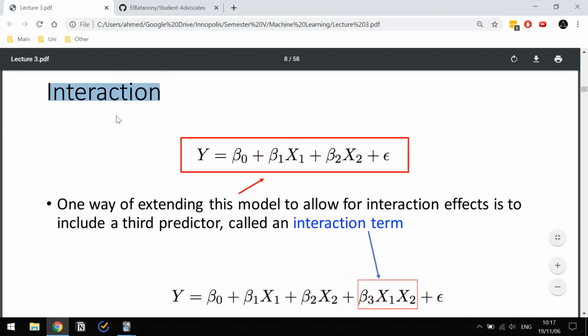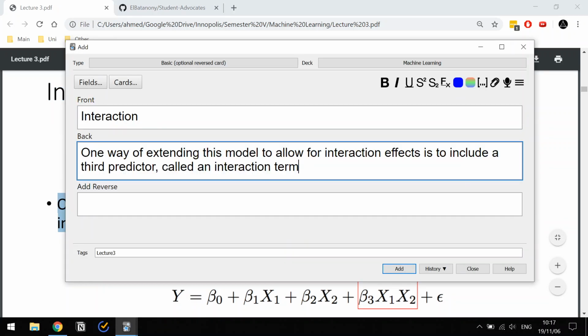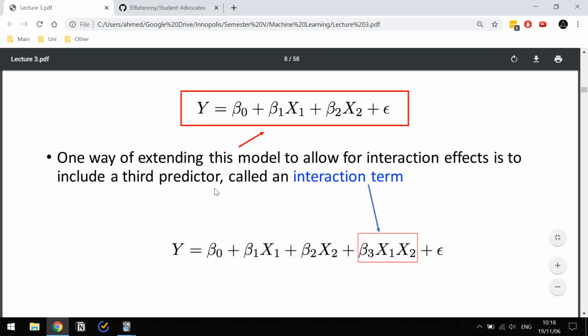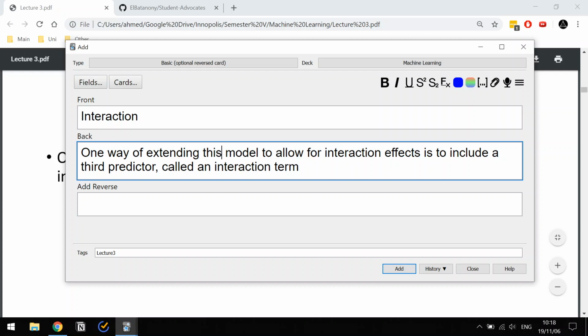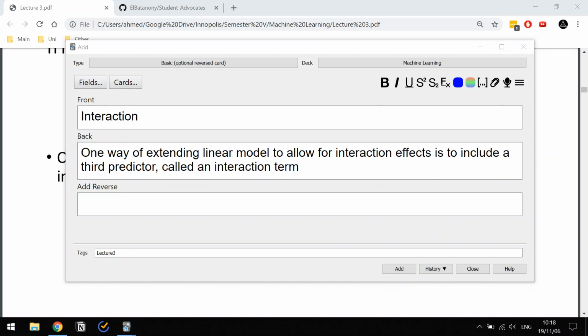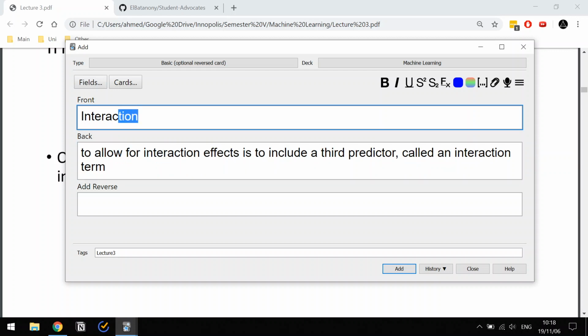Interactions, again, same step. Copy, paste. Copy, paste. One way of extending this model is to allow for interaction effects. Okay, this model should be the linear model. One way of extending linear model. So I guess I can take this, paste it here,